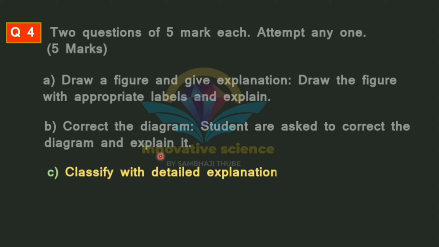The third type of question is classify with detailed explanation. Different components will be there, and you will have to separate them in the proper way. This can include different animals to separate them into different kingdoms. For 9th class, it can be separation of different plants, and also you have to explain it. What was the criteria or what type of principle for their separation or classification? Next type of question is answer the question from a paragraph.